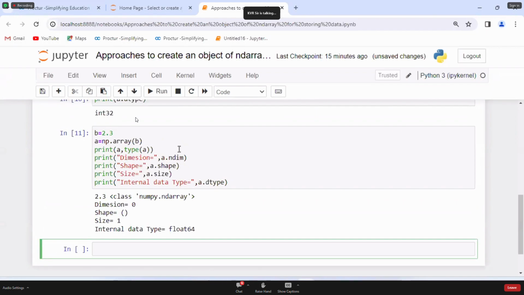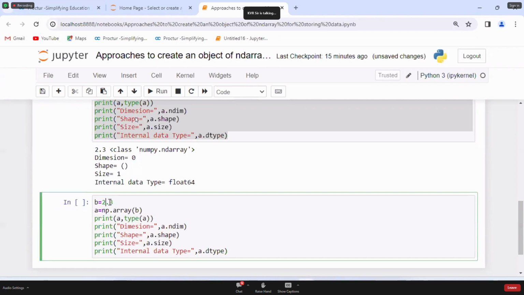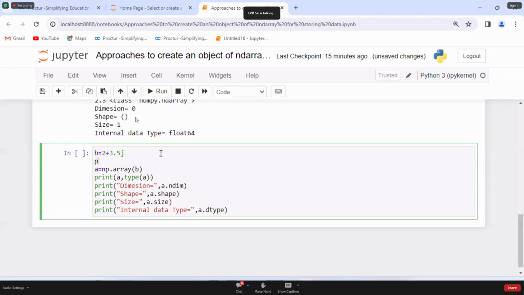Next, like that, I will go for complex also, and bool also, the same answer will be coming. So students, last and final, I want to say, 2 plus 3j, I just want 2.3, 2 plus 3.5j. What is the type of that? You know, it is a complex type. Here I am writing b comma its type is equal to Python syntax dot format of b comma type of b, converted into